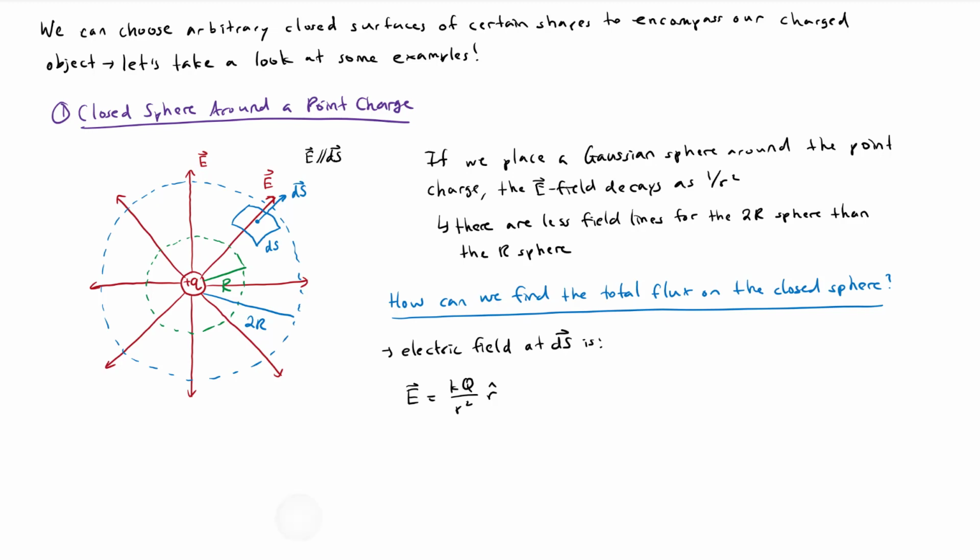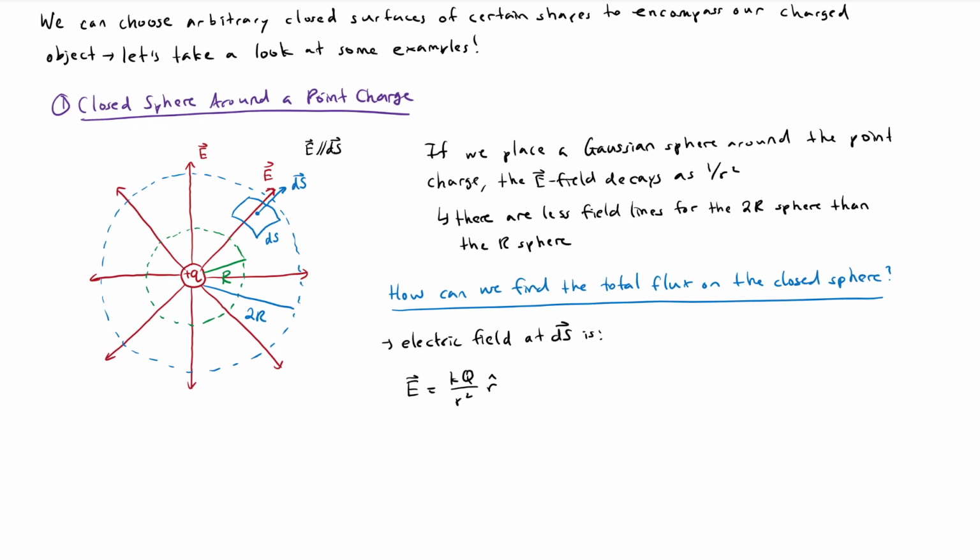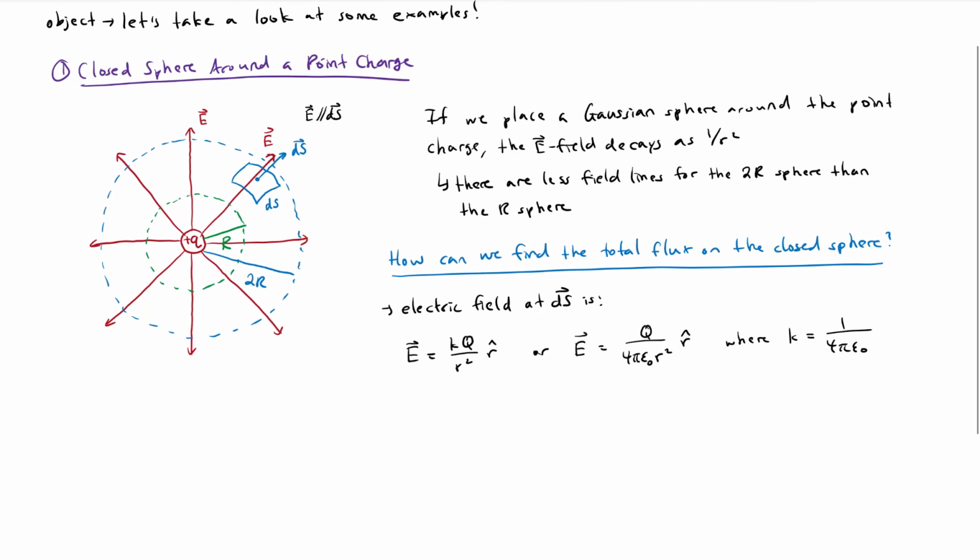Okay, so I know the electric field is defined as kq over r squared, or we can also write this as, just remember, k is also equal to 1 over 4 pi epsilon naught, and then q over r squared r hat, just for practice. So we have the electric field. Now we have to figure out dS